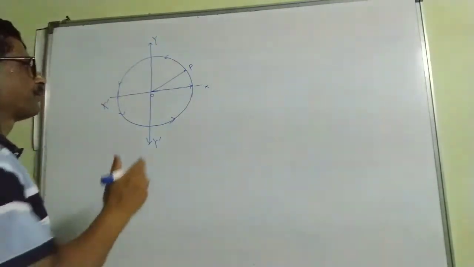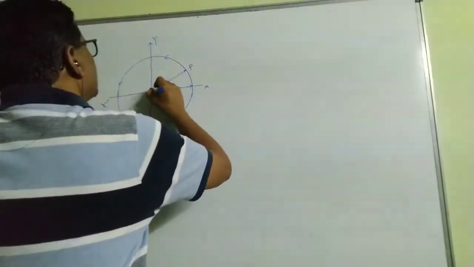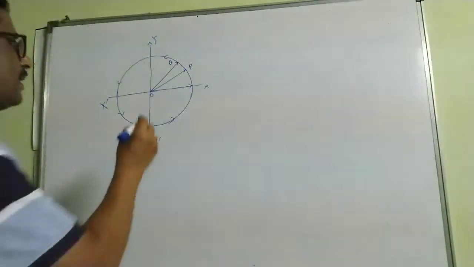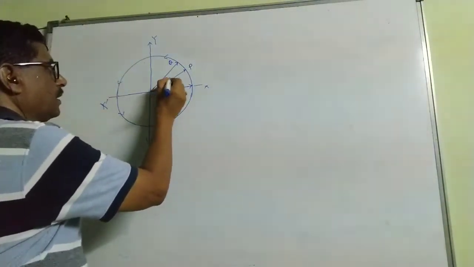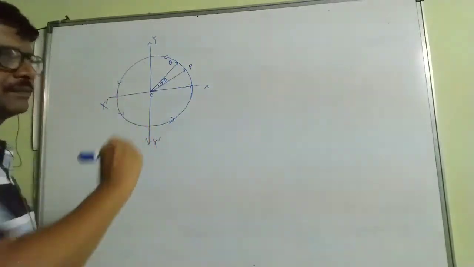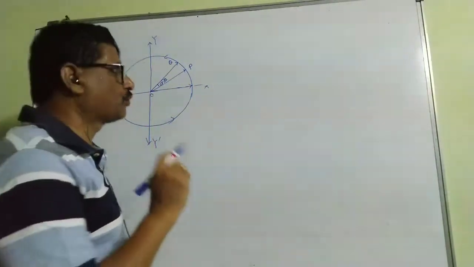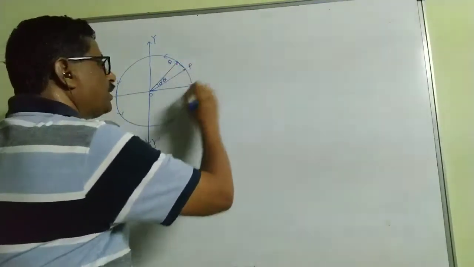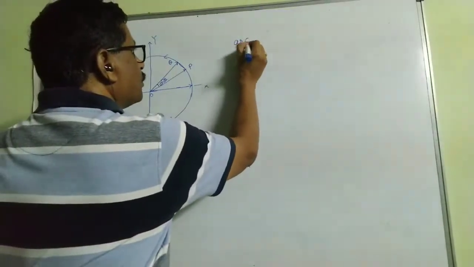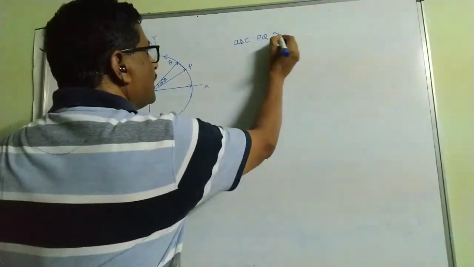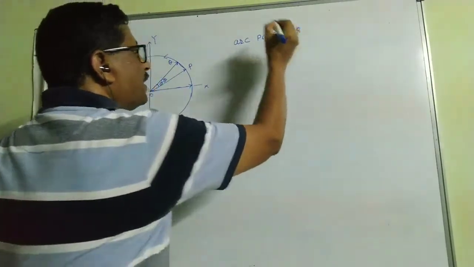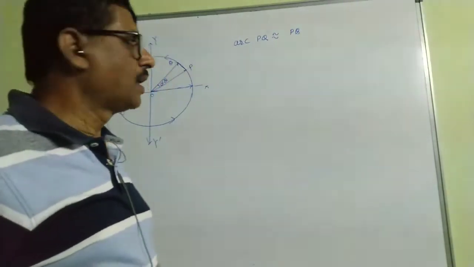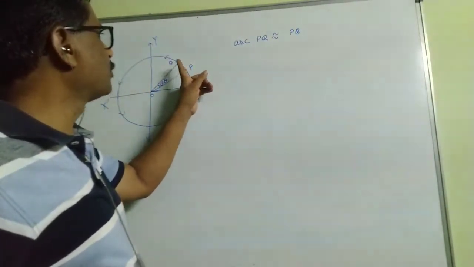Why is it so? Let the particle be displaced from P to Q through a very small angle del theta. The displacement of the particle is along arc PQ. If delta theta is very small, arc PQ is approximately equal to line segment PQ. Therefore, for a smaller angular displacement, the particle has a linear motion from P to Q.